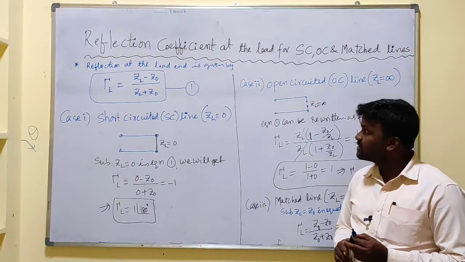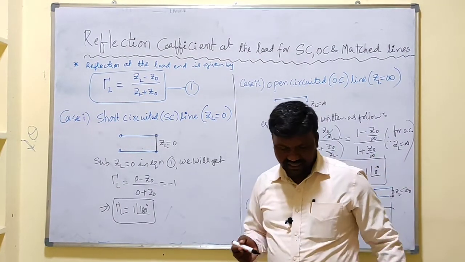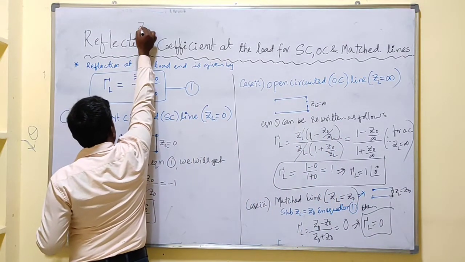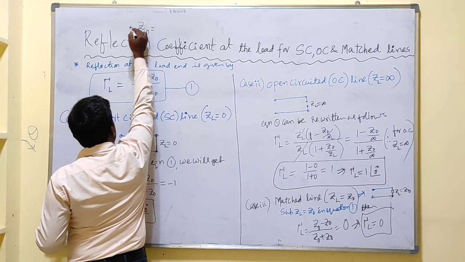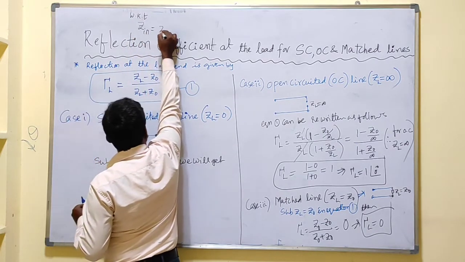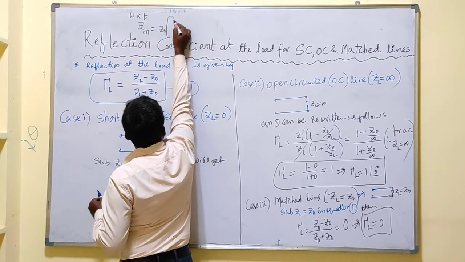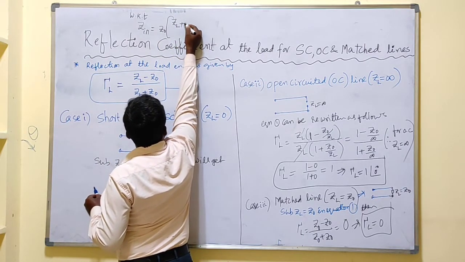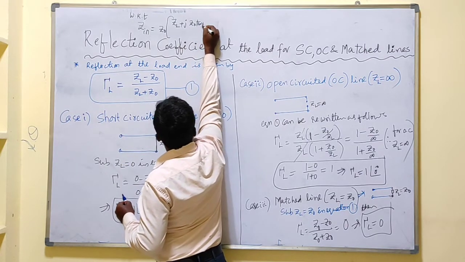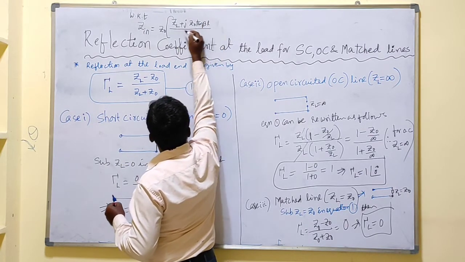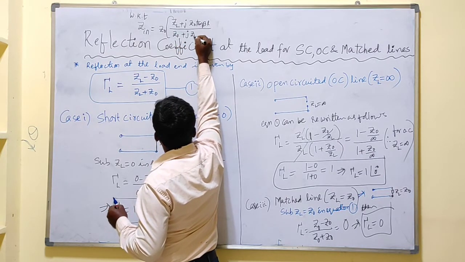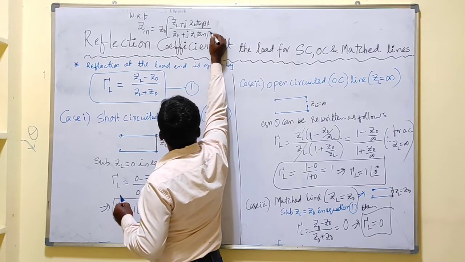For the matched case, I will explain about that matched case by considering input impedance of the lossless transmission line. Let us consider a transmission line, input impedance of transmission line equation. We know that ZIN equal to what? What is the expression? That is Z naught into ZL plus J Z naught tan beta L by Z naught plus J ZL tan beta L.